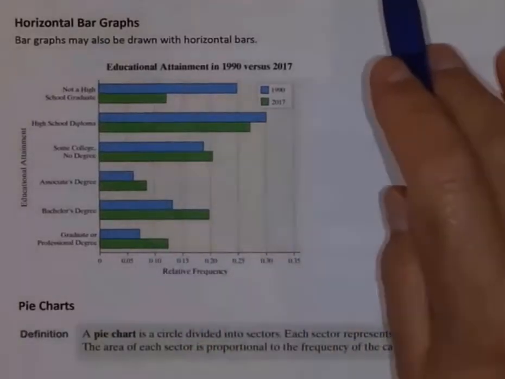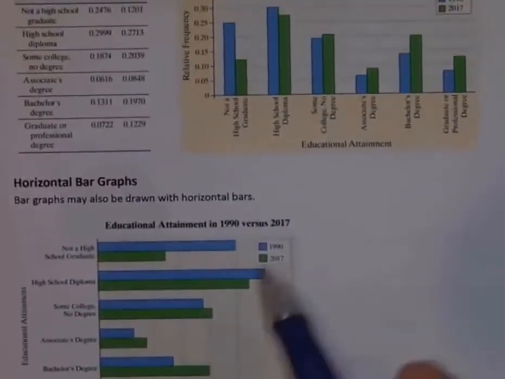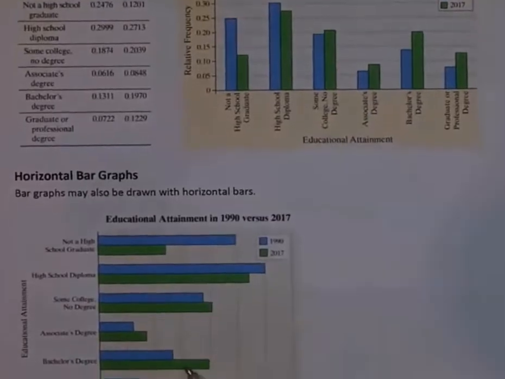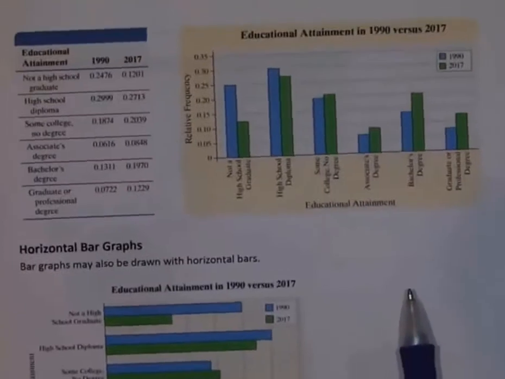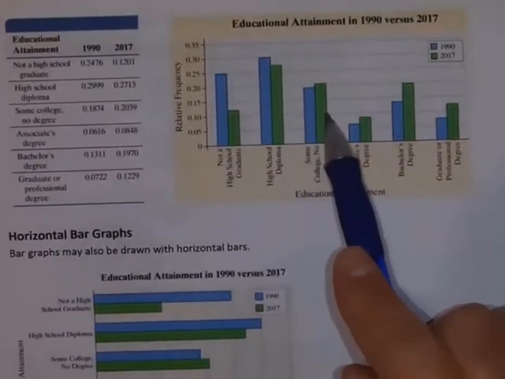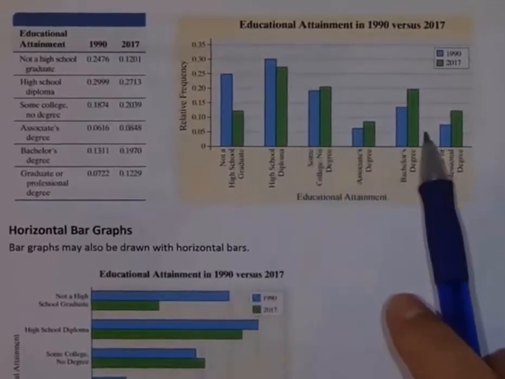Horizontal bar graphs. Now, most of the time when bar graphs are drawn, normally they're drawn vertically. The bars are drawn vertically, but they don't have to be. It's perfectly fine to draw a horizontal bar graph. So we have the same graph that I'm showing you up here. This is the exact same graph here, except we've just drawn the bars horizontally instead of vertically, but the information's still the same. Like for example, if you had to make a comment about educational attainment of 1990 versus 2017,